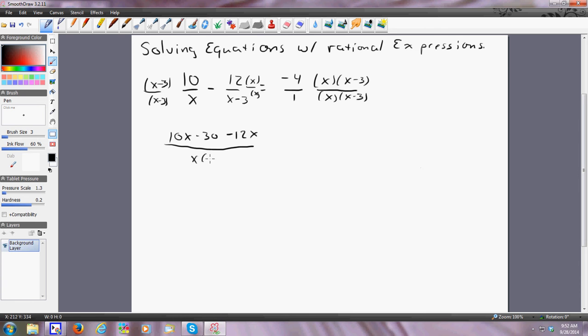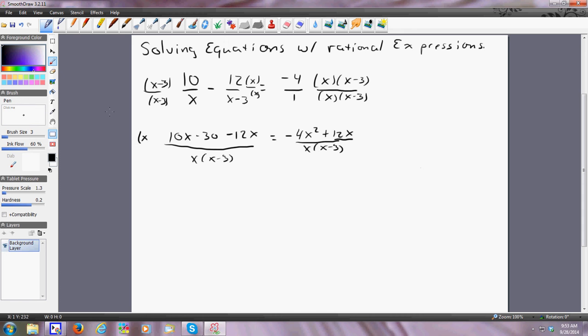all over x times x minus 3, which equals, and this is going to be x squared, so it's going to be -4x squared minus 3x times the -4, which will be plus 12x, over x times x minus 3. The nice thing is, now I still have two fractions, but look, their denominators are the same. So technically, if I multiply both sides